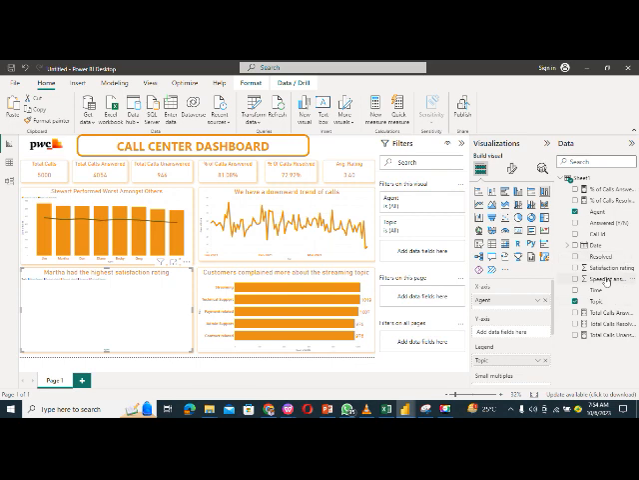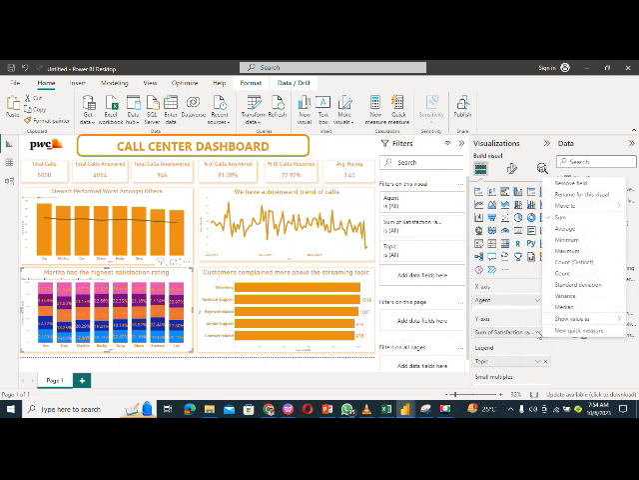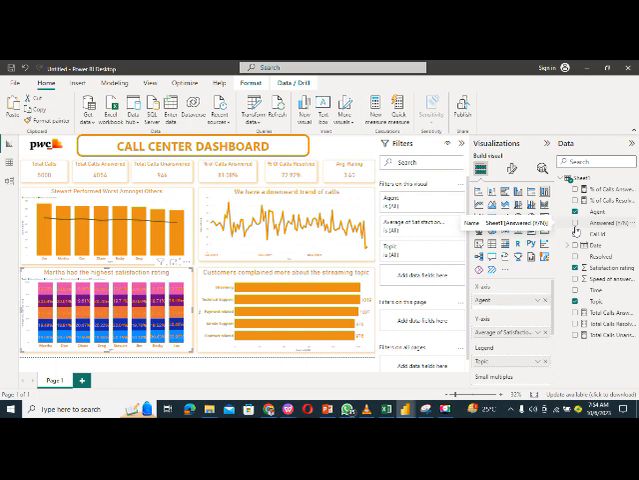Where is it again? Satisfaction rating. So I want the average. Okay, so it's showing as percentage. Let's say I'm trying to wonder why it's showing as percentage. Let me go to the